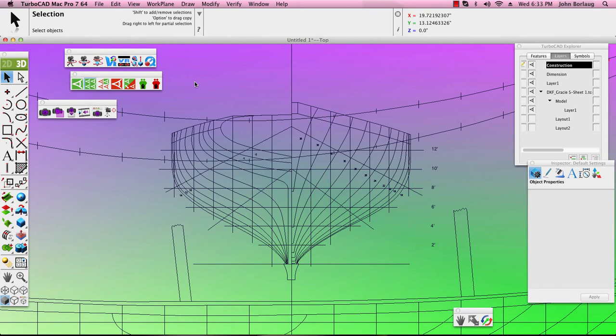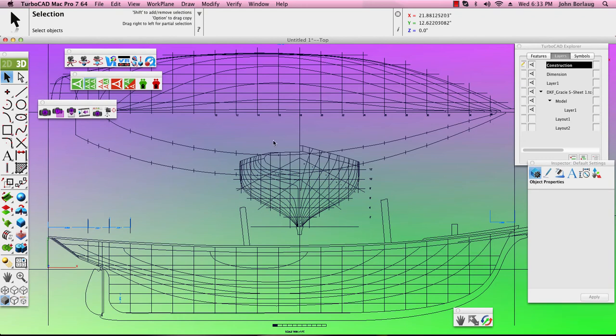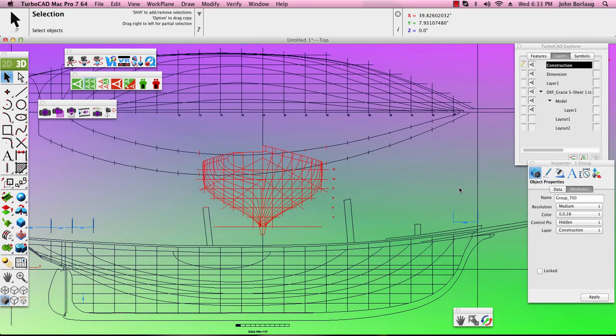I'm bracketing out to expand the view just a little bit, and now I'm going to click on our group. Now the reason I like to have the inspector open all the time is because sometimes when we're moving things around, that group will unhighlight. So let's zoom out a little bit with that bracket bar